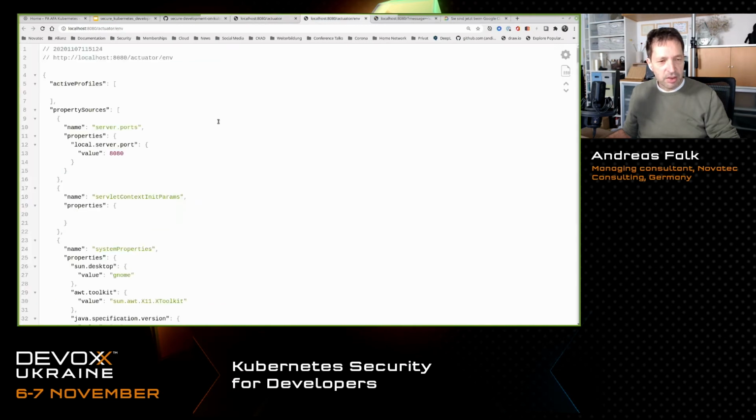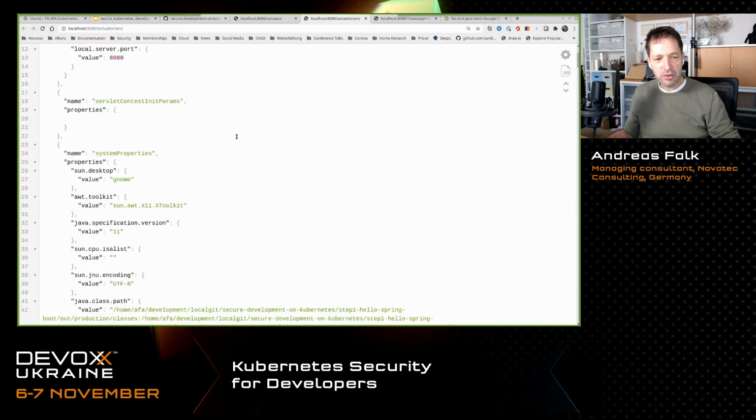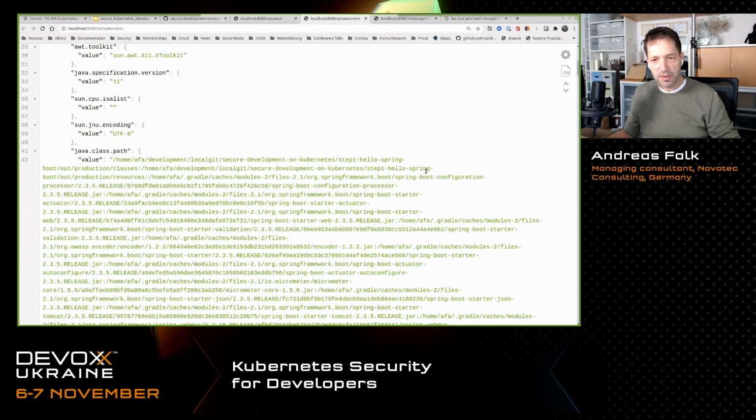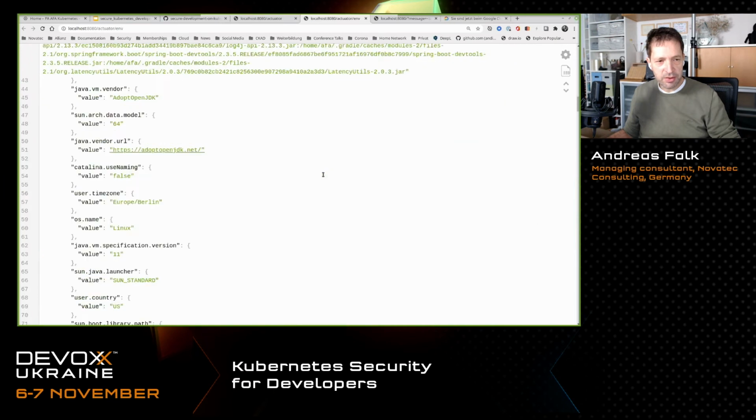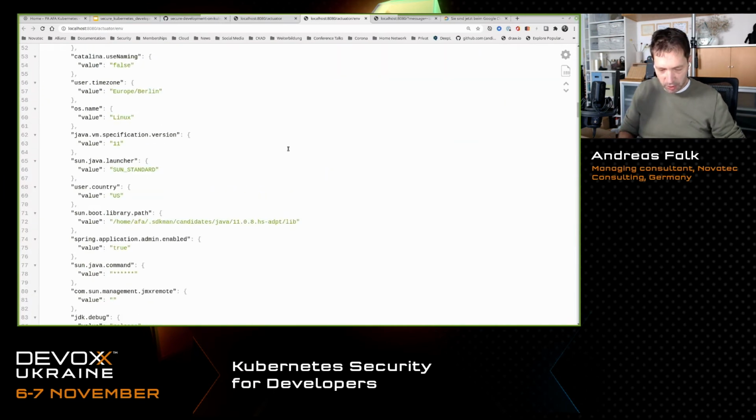If you don't protect that endpoint with the environment variables, then this could lead to publicly available sensitive data. So you can also look for some secure.